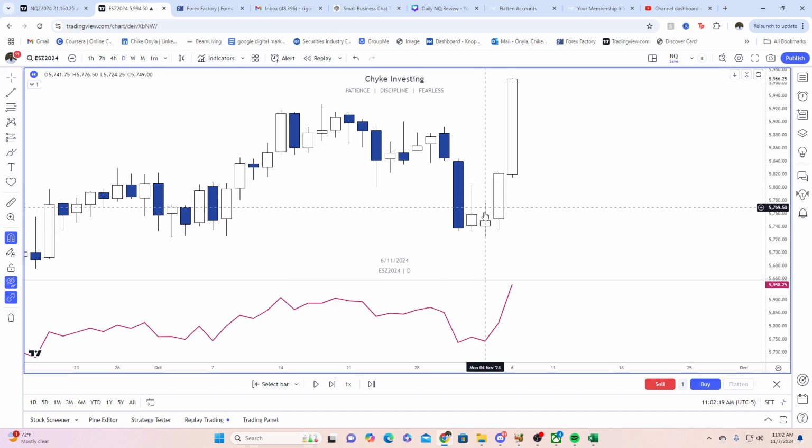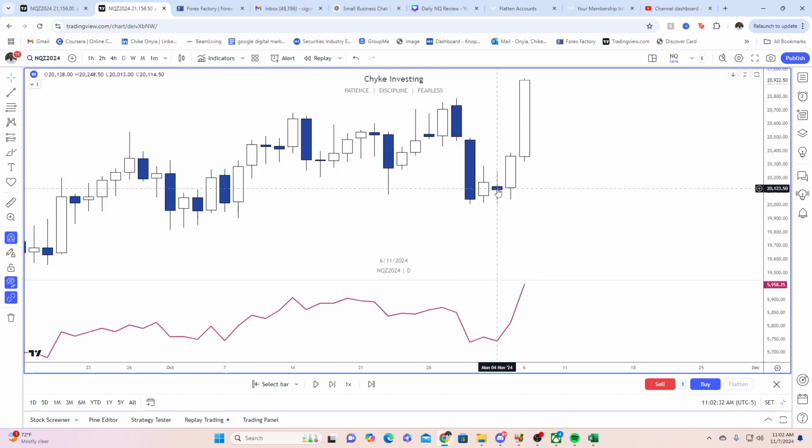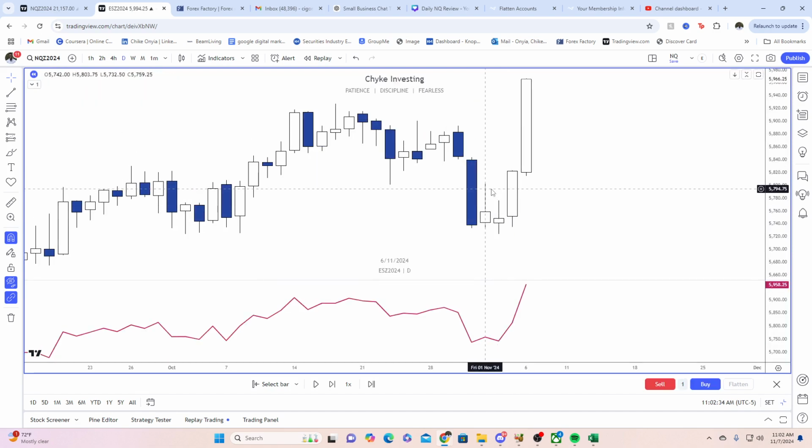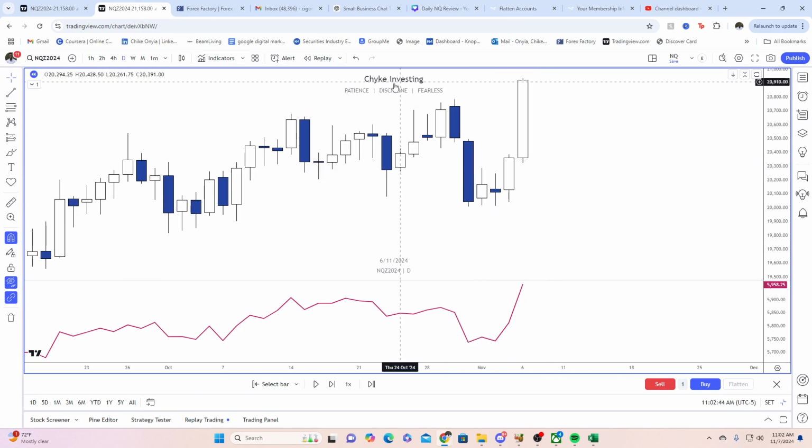Where if a similar index or a similar asset is not taking out the same highs and lows, and starts reversing in the other direction, that is an indicator that this was really just a purge of liquidity, and price is actually really bullish. You can see NQ is moving much faster, or NQ is showing bullishness, because it was not weak enough to take out this low. But ES was, and so it's telling you that it's ready to reverse and go in the other direction. So SMT, I can do a full scope video on that.